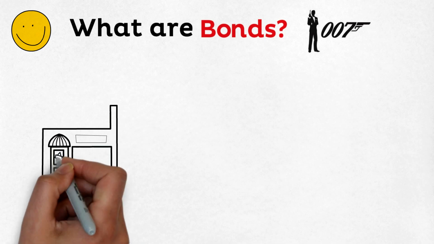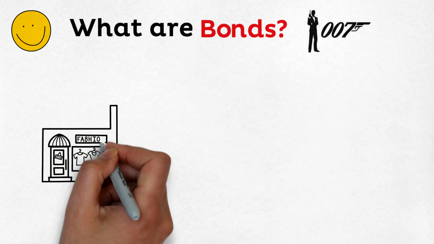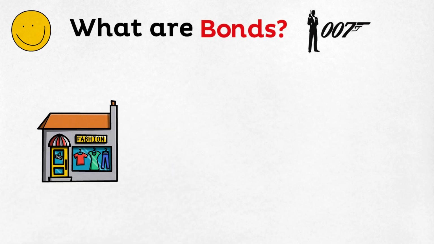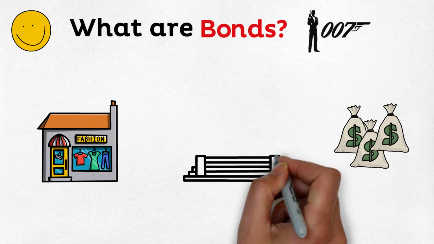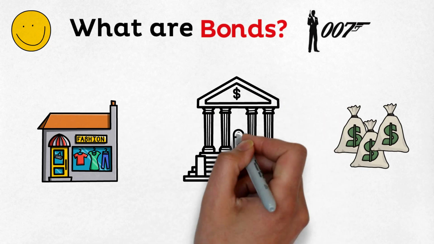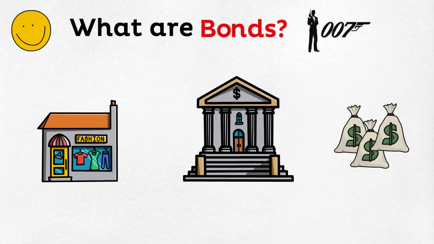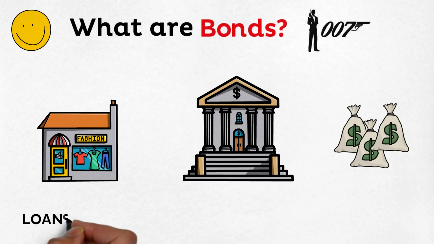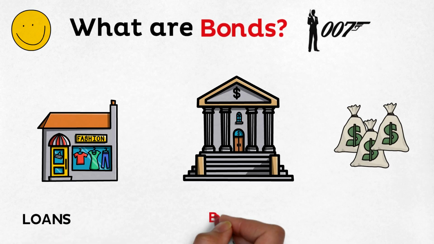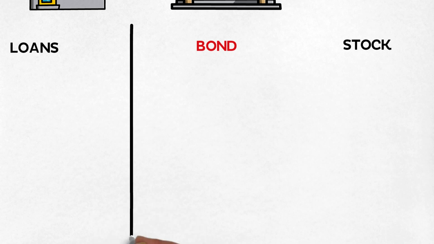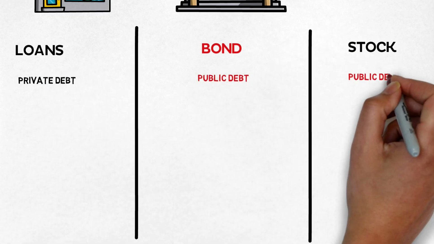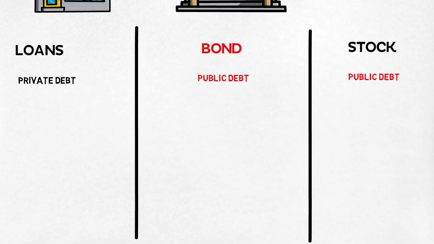Diving straight into the topic, businesses take on debt to finance their operations. When a corporation borrows money to finance its operation, it can choose to either take out a loan from a financial institution, such as a bank or insurance company, or issue or sell bonds. When debt is incurred through a loan from a financial institution, it is often referred to as private debt, because the debt is not publicly traded. In contrast, bonds are referred to as public debts because they can be traded in the